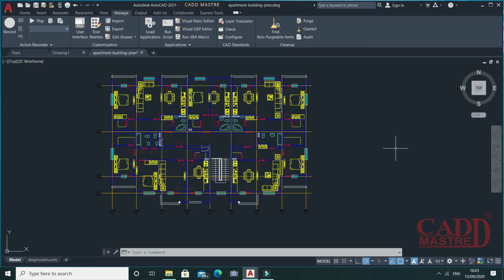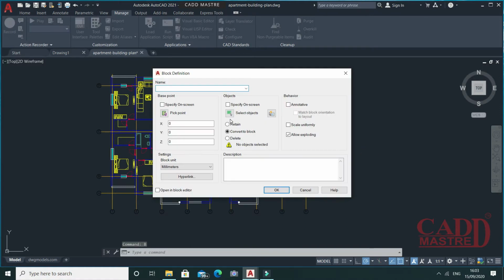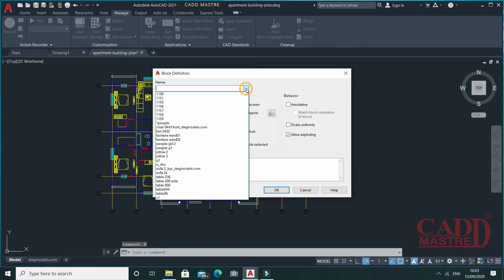Similarly, if you check this under block, I used to press B for block, and under the name you will check there will be the list of created block. Might be sometimes we don't use the created block, so that will be the unwanted for us. So to clean up such kind of entries, we basically use the purge.